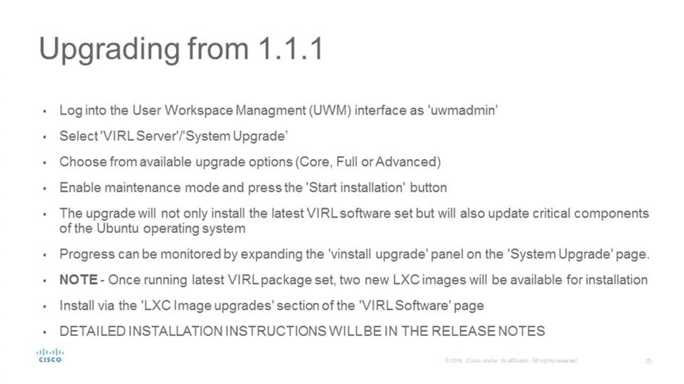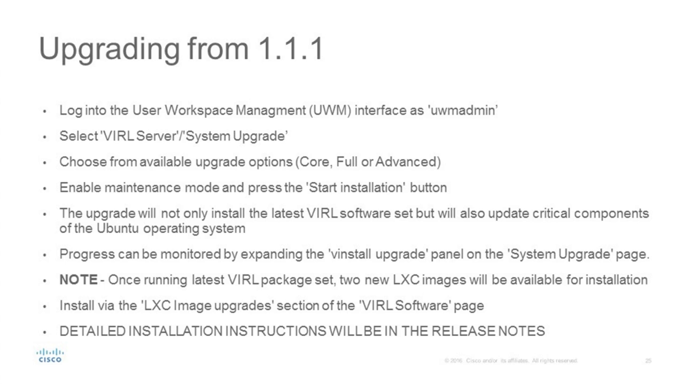Similarly for 1.1.1, it's a similar kind of process. It's slightly different because we already had the first of the system upgrade framework deliverables in place. So the workflow is slightly different. It's going to be picking up the system upgrade panel under VIRL server, and then your choice, either core, full, or advanced. Core will just do the upgrade of the Linux operating system and all of the core components within the VIRL system itself. Full will give you the core upgrade of everything that was in the core upgrade, plus